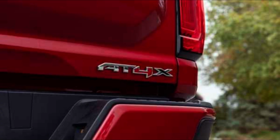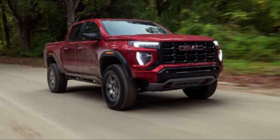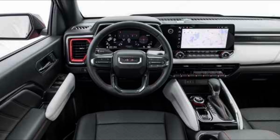That's the thing, right? Are you willing to pay extra just to have that little more luxury? Although it's a lifted truck, the Canyon AT4X does not ride like one. It feels relatively agile and sporty while cornering. The Multimatic shocks continue to perform and keep head toss to a minimum, including over diagonal railroad tracks or really bumpy sections. Okay, so